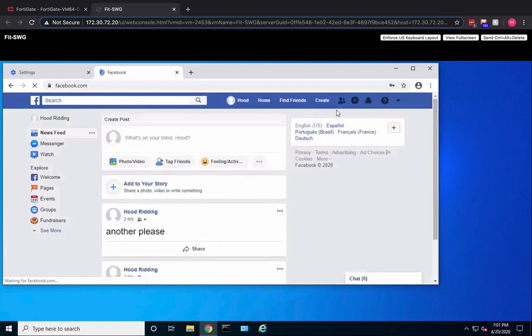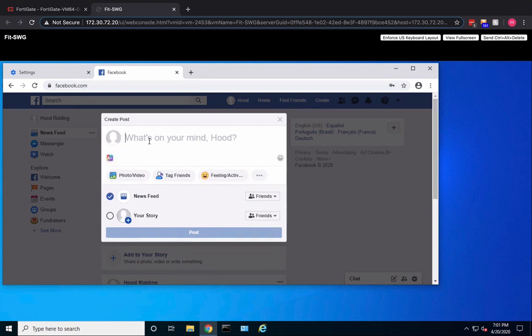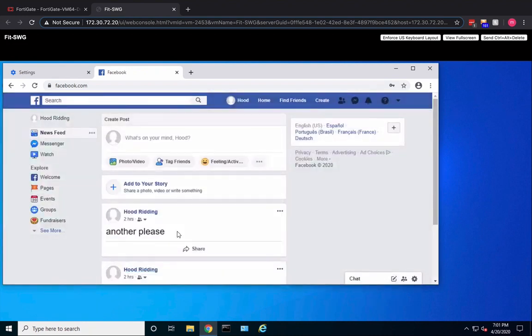So right here, we're logged in as a user, Hood Writing. And since this person is in facilities, they don't have access to Facebook posting. We're going to test this out. Hello world. As you can see, the post isn't showing up in the thread here, but we're going to go back